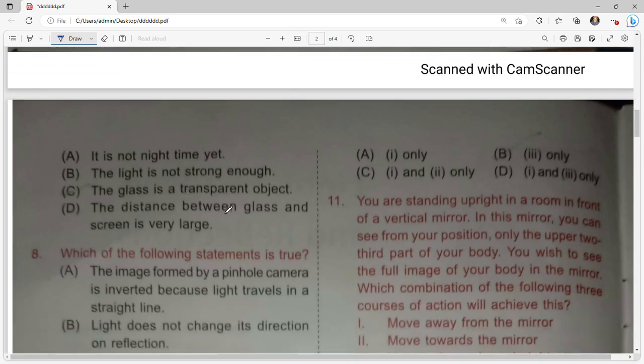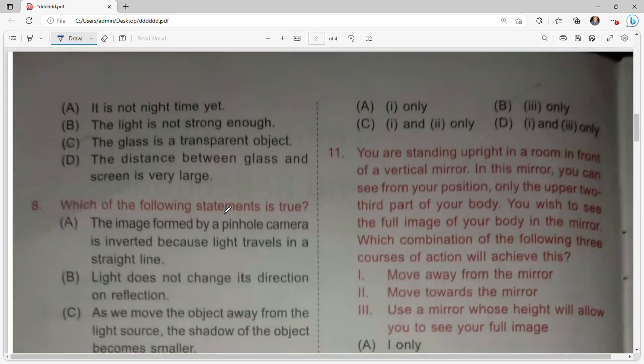It is not night time yet. The light is not strong enough. The glass is a transparent object. And last, the distance between glass and screen is very large. So the correct answer for question number 7 is option number C, because as we know that the glass is